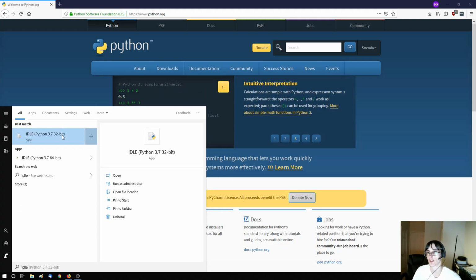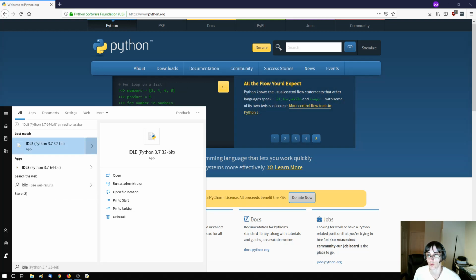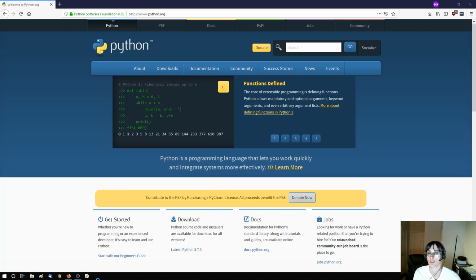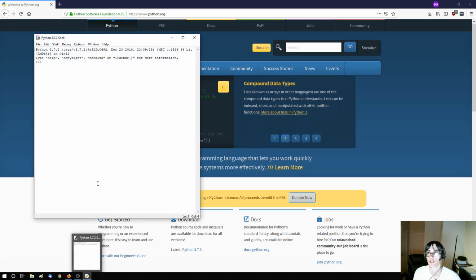And then IDLE is the IDE for Python, and to make it easily accessible, you can type idle in your Start menu, and then you can right-click on it and do something like pin to taskbar, which will put it down at your taskbar for very easy access. Then you can easily just open it, and so now you see there's the 64-bit